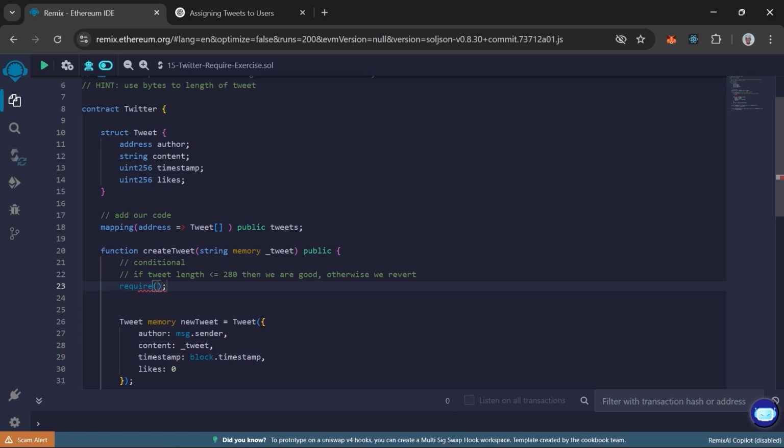So yes, require this tweet dot length has to be less than or equal to 280. Okay, this is the first parameter, but you can see we are getting an error here. Let's hover on it because